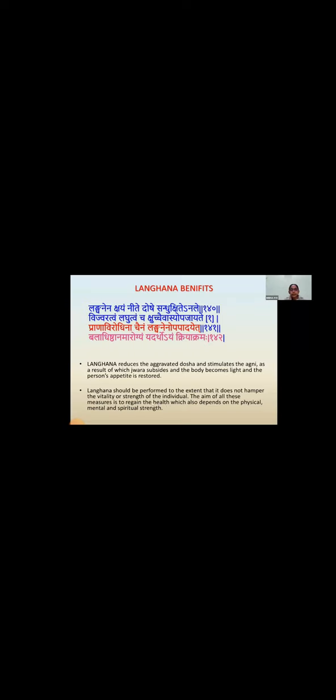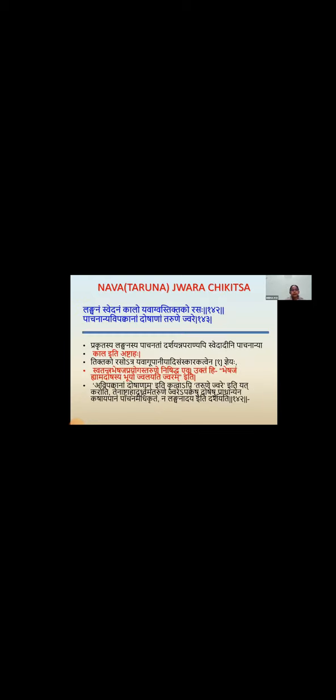So here, to regain health depends upon physical, mental and spiritual strength. It is Baladishtanam Arogyam. That means, for our health, our Bala is always the Adhishthana. So always you have to see the strength of the patient, and accordingly you have to advise Langhana. And in case of Navajwara, the first line of treatment, or the total line of treatment for the